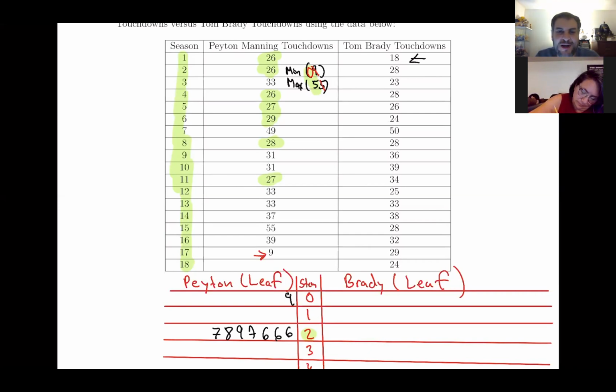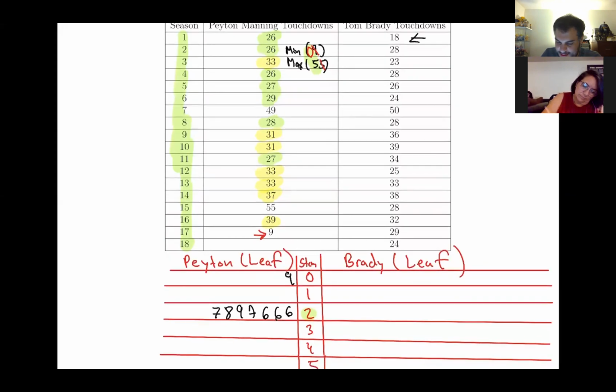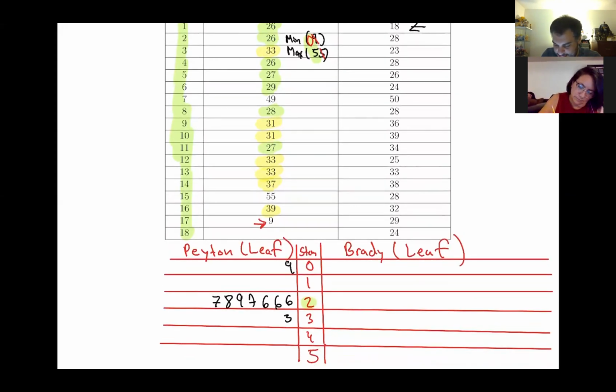So if you look at it, it's not in order because, well, 7 doesn't go after 8, but whatever, it's still good. So now we're gonna focus on all the numbers in the 30s. So we'll do a different color for that one. All the numbers in the 30s will be 33, 31, 31, 33, 33, 37, and 39. So for those, we put 3, 1, 1, 3, 3, 7, 9. All right, and those are all of the numbers in the 30s.